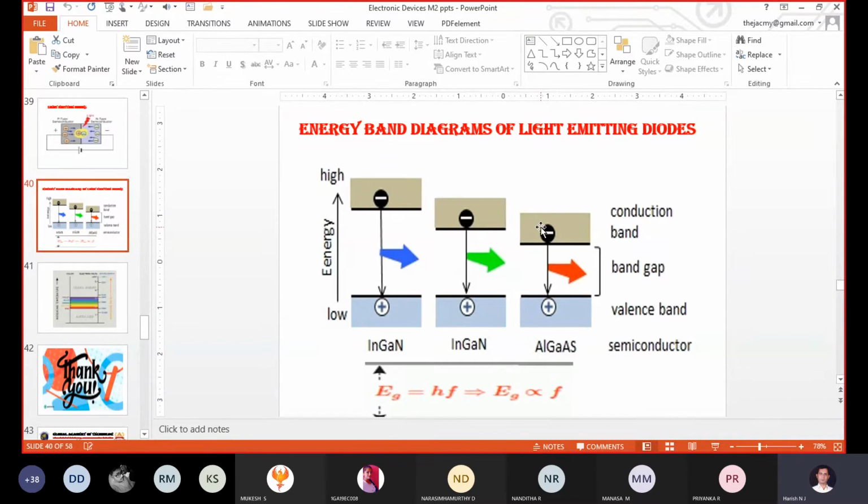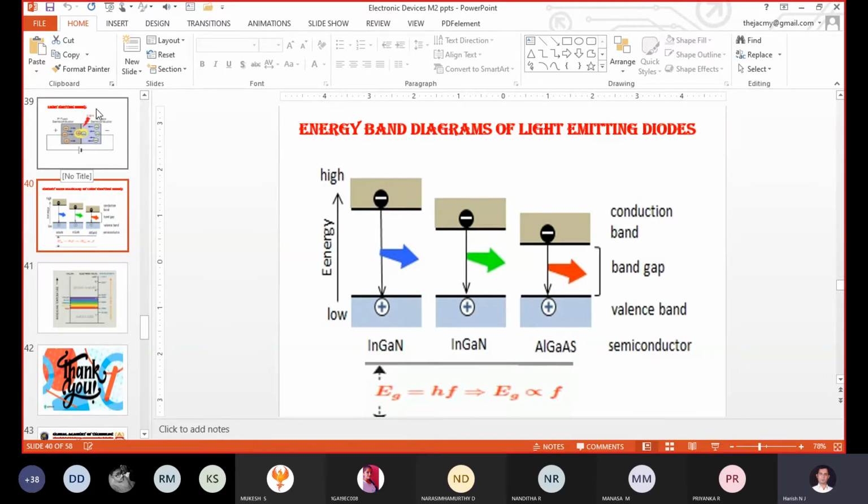After the recombination process, the energy provided is slightly less than the Eg value. You people should be aware of this concept. So this is the working operation of an LED, and from this diagram we got to know which type of material we need to choose for generating which color of light. This is all about your LED.